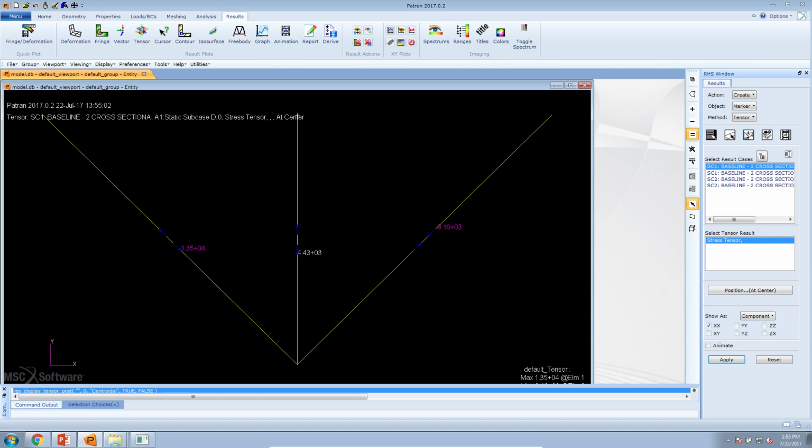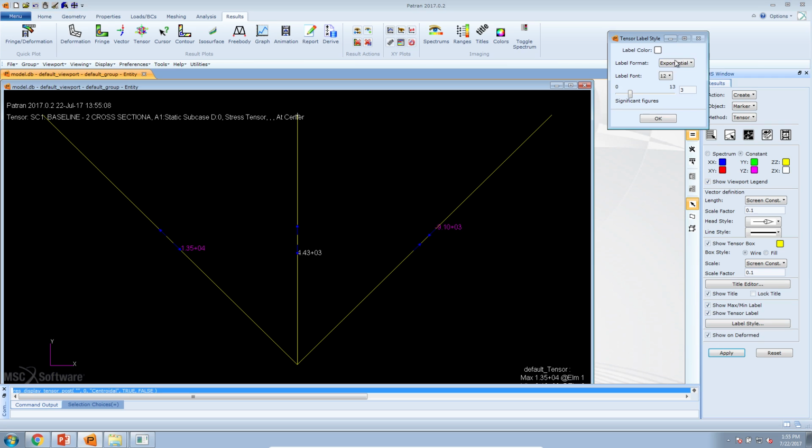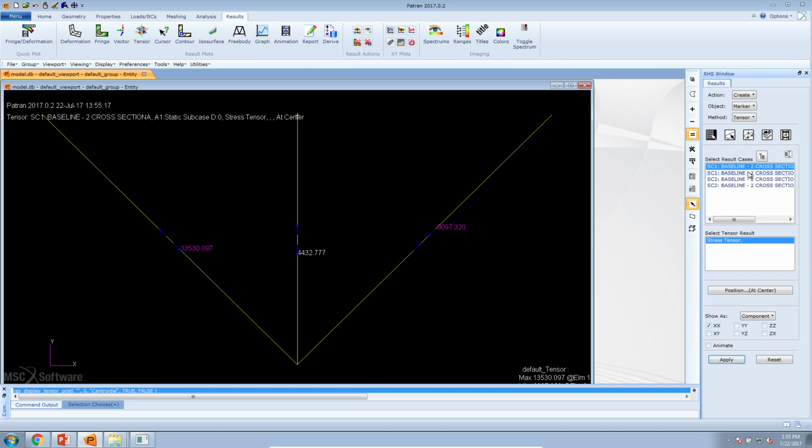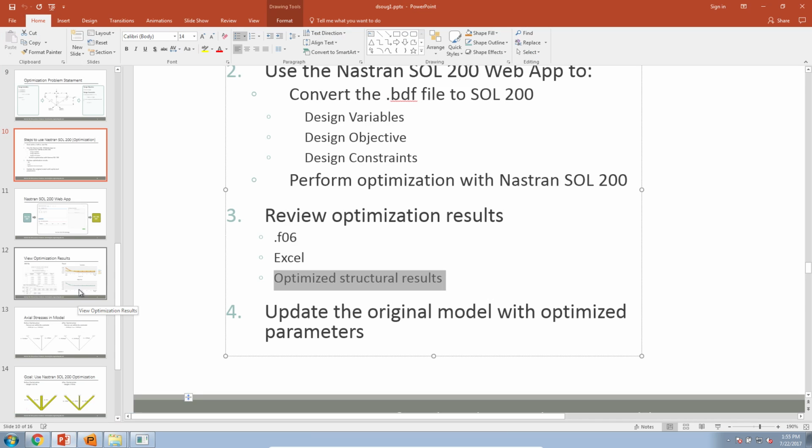And here you can see, let me fix the number or the notation for this here. So here, this element was initially at a stress state of 13,000 psi, or rather the actual stress was 13 psi, and so on and so on. If we then look at the new optimized structural results, we'll find that the new axial stress is 20,000 psi. Here it's 13,000 psi, and here it's negative 7,000 psi. One thing I want to note about these new structural results,